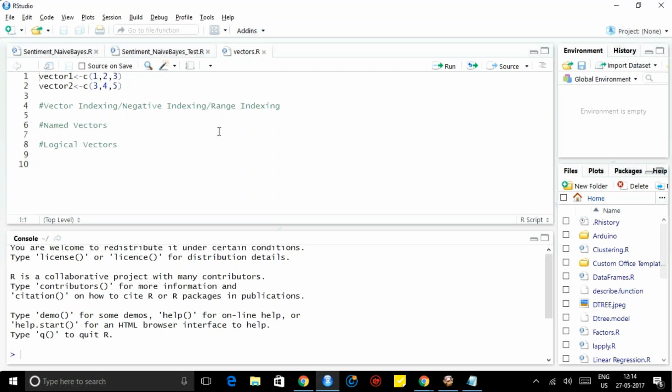So this is how RStudio looks like. The installation is straightforward. No confusion. Just set up, next, next.